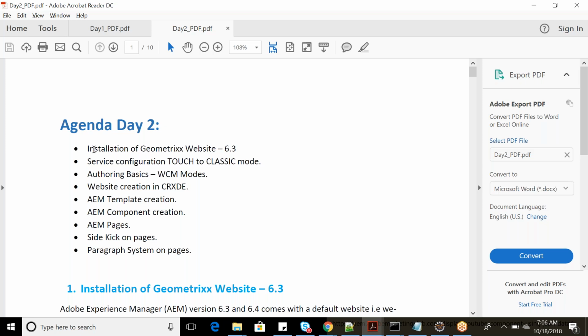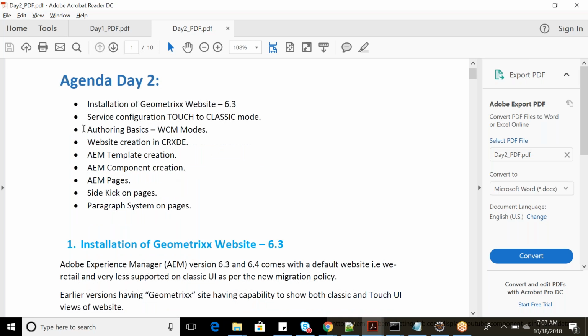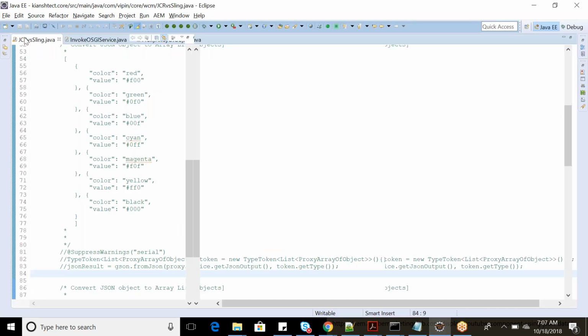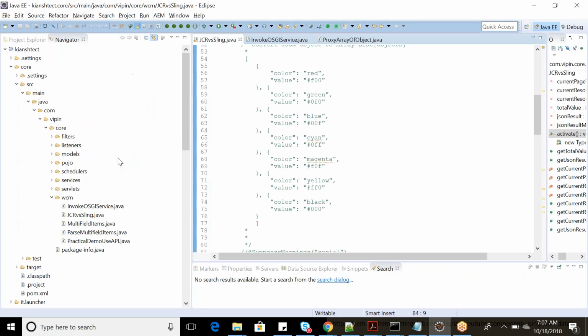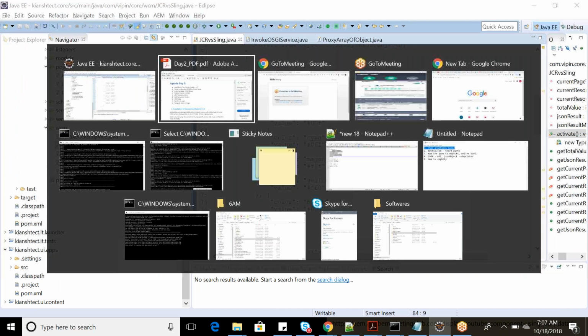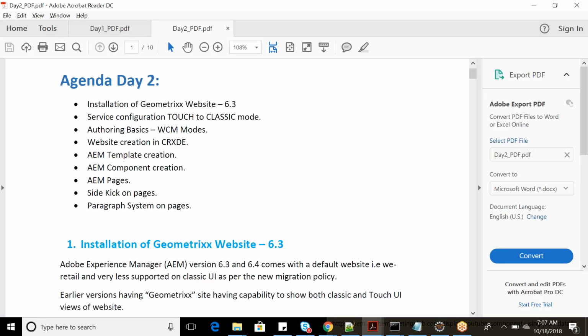So this is the agenda that we will try to cover today: the authoring basics, what WCM modes are available, and how we can create a website in CRXDE. I won't go directly into Eclipse, because in Eclipse we can create AEM projects as well, whatever project we have, but from the start we'll see how we can